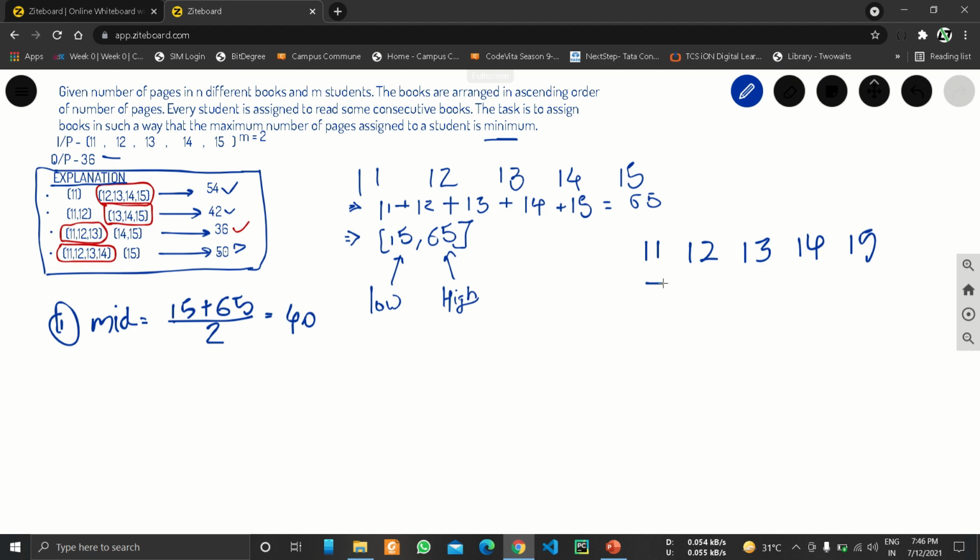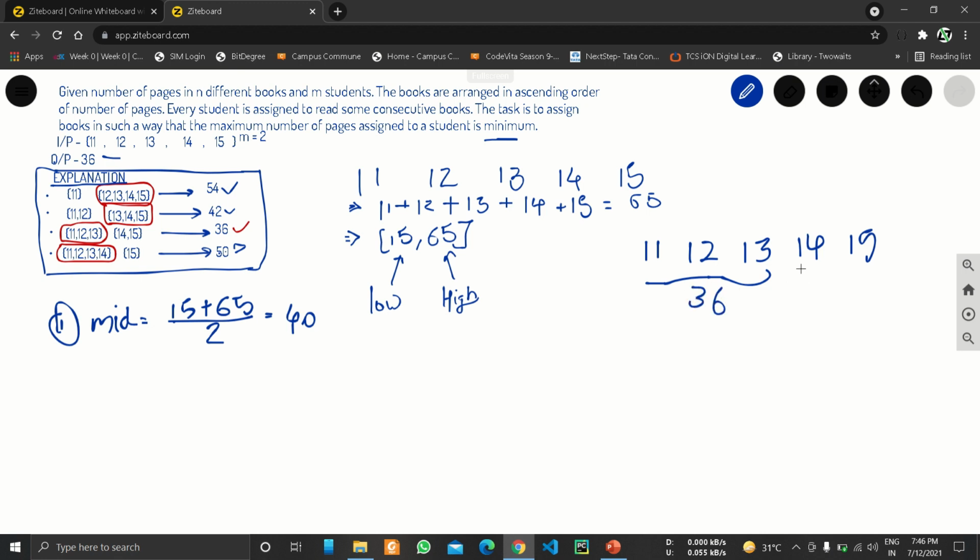If the first student reads 11 pages, he can read 12 pages too, then he can read 13 pages too, but he cannot read further because that will sum above 40.